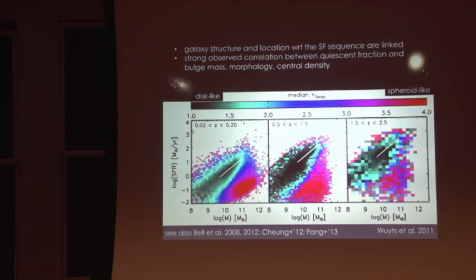And the color code here is, for the aficionados, the Sérsic index. So this is measuring how concentrated the light is in the galaxy. And for the non-aficionados, you can think of this as whether the galaxy is more disk-like or more spheroid-like. Is it dominated by a disk, or is it dominated by a spheroid, or what we would call an elliptical galaxy? So the black and blue colors are more disk-like, and the red are more spheroid-like.